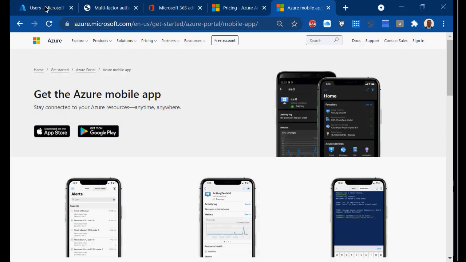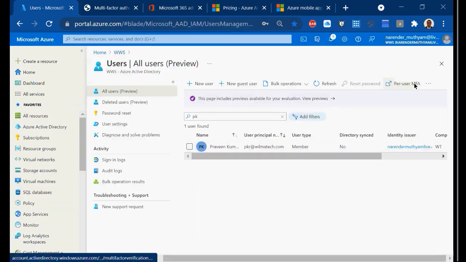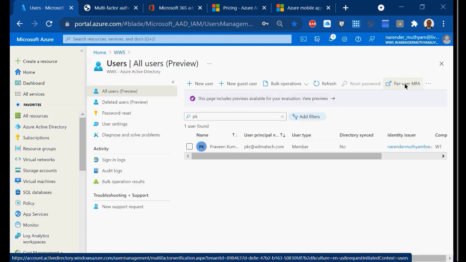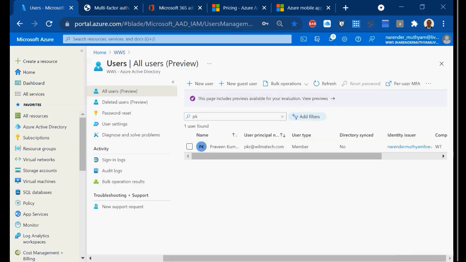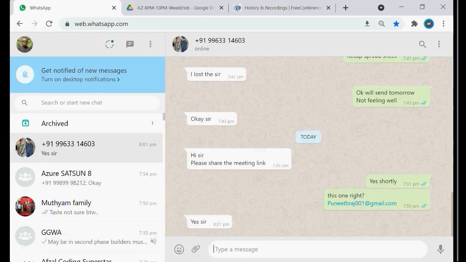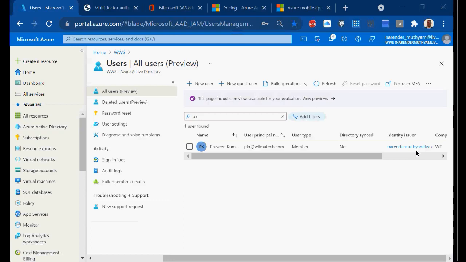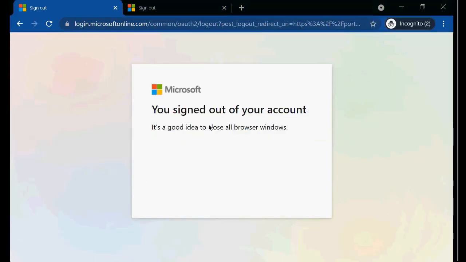You just need to go back to your portal here. So here is MFA, right? This is only for one user. Select for MFA. And this is for one individual user. If you want to do it for the entire company, what you have to do is come here. So you have to go back to your